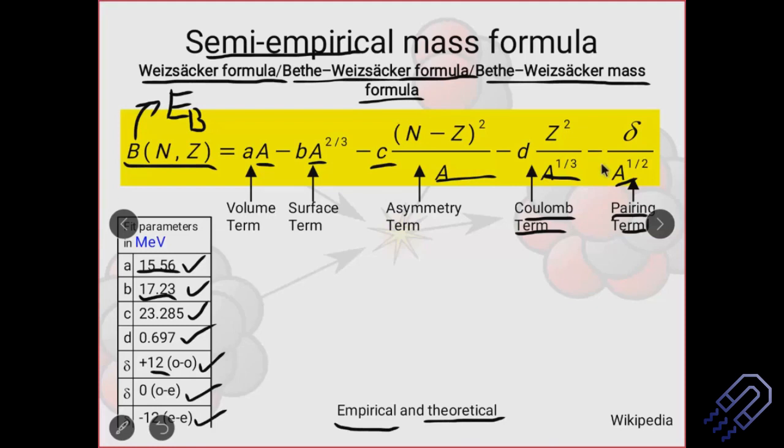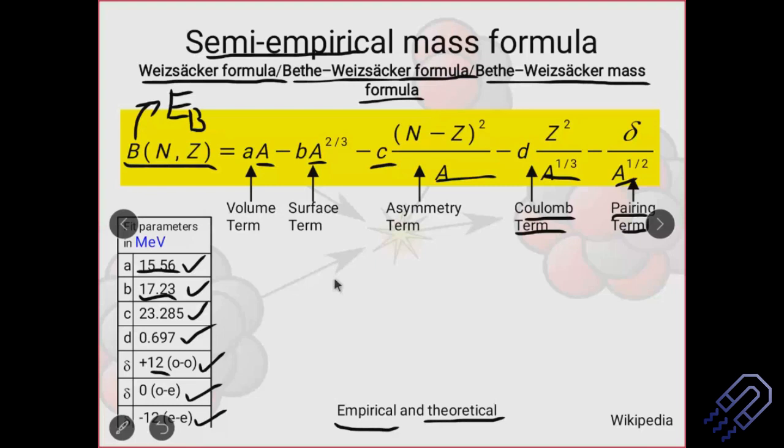The next question: some of you have already studied binding energy, and you might have seen that the value of pairing was actually 34 or 33.5 and not 12. Even if you open your book, sometimes you will see that it's written 33 or 34. These values more or less will be nearby. What is the reason? I have used a different model. It depends on what kind of model you are using. This semi-empirical mass formula is based on different models. There are at least 4 to 5 theories based on which the semi-empirical mass formula was deduced.